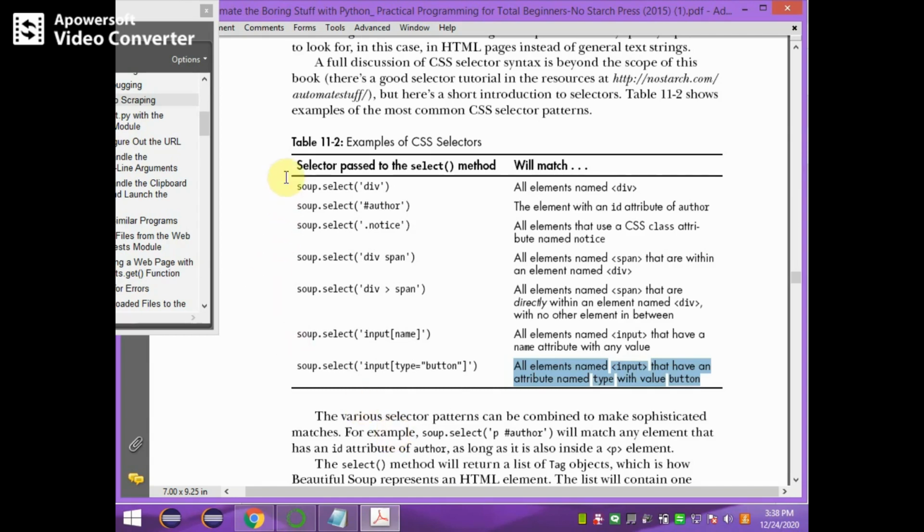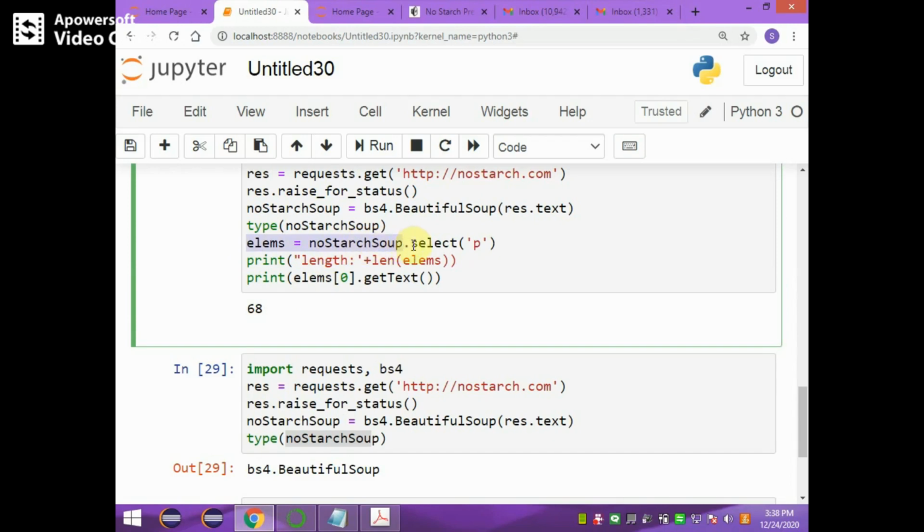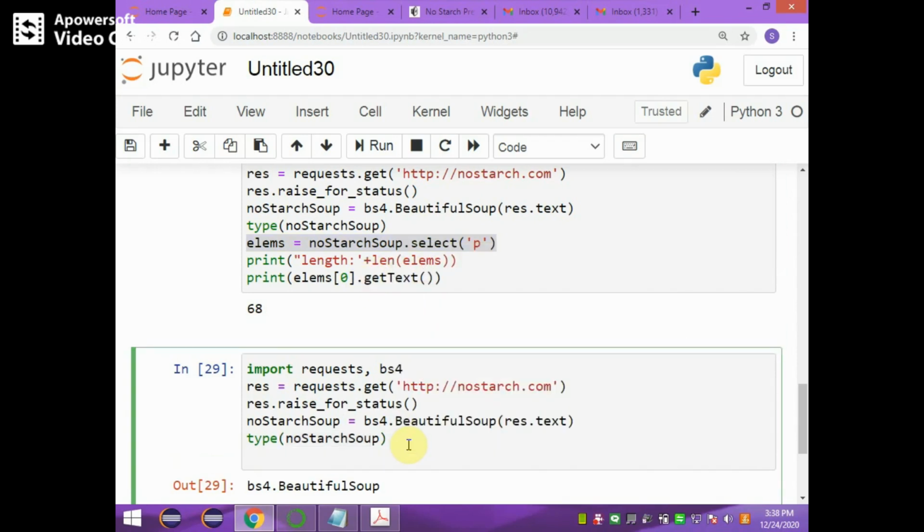Now we will see how to use these matches. Here is an example where I have taken nostarch soup.select('p'), which selects P tags.